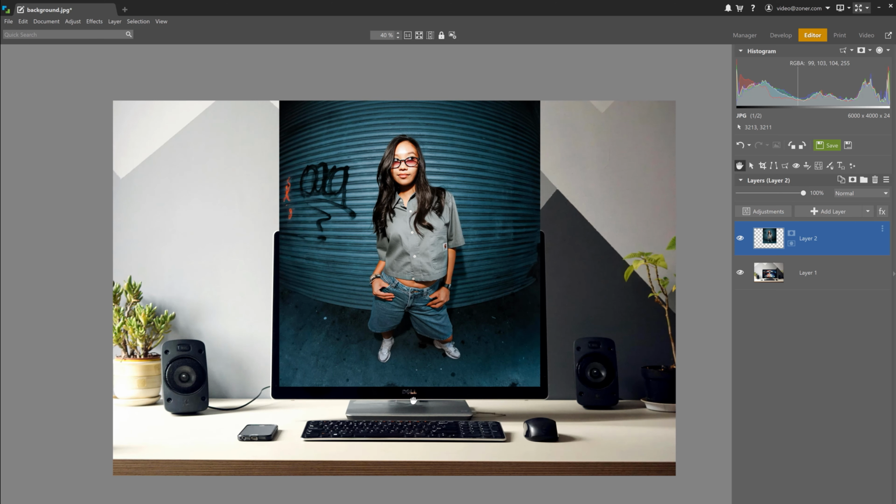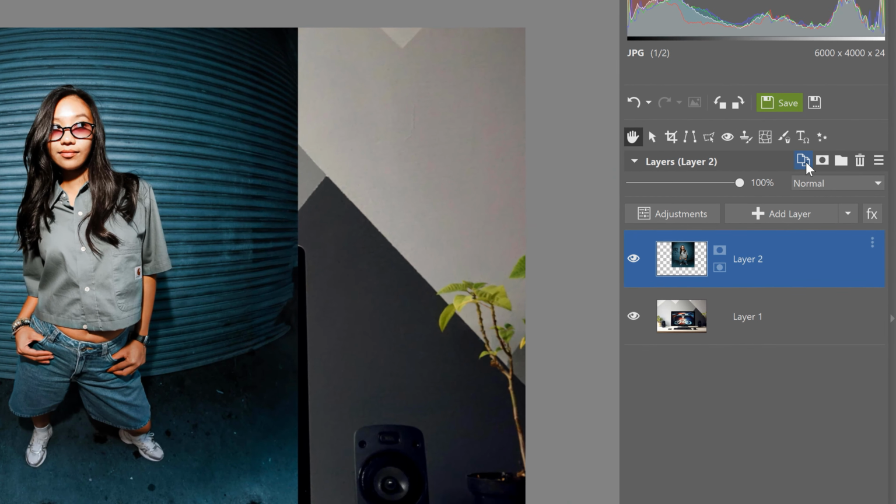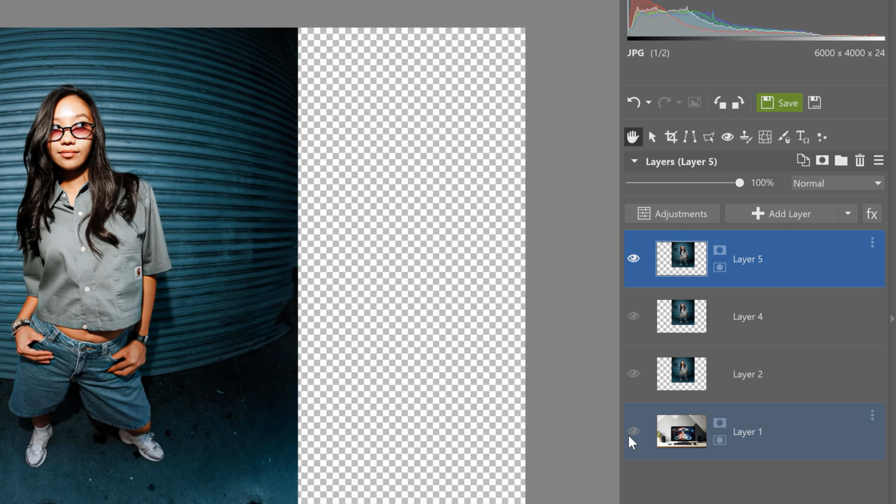Now before making any more edits, let's duplicate the subject photo, actually make that twice. One duplicate is a backup of the original layer, and the second will be the one I edit for the final effect. With the duplicates now ready, let's start editing. Let's hide all the layers except for the top subject layer so that nothing else gets in our way.